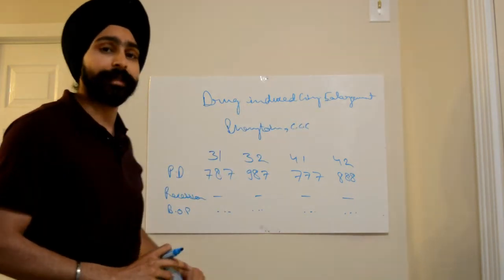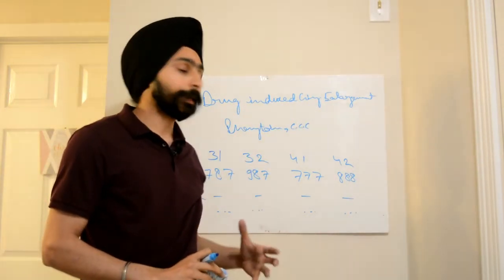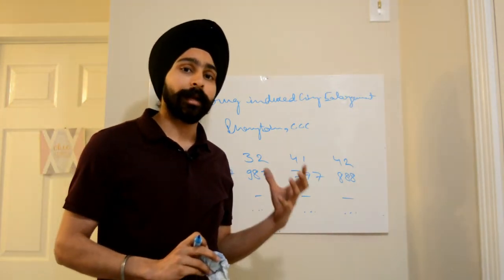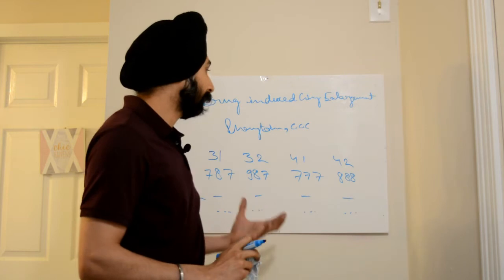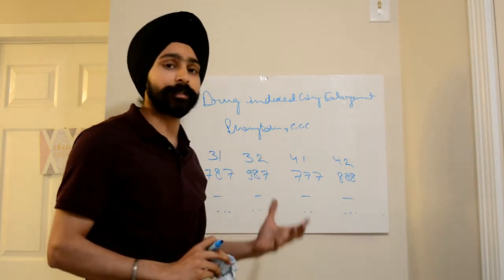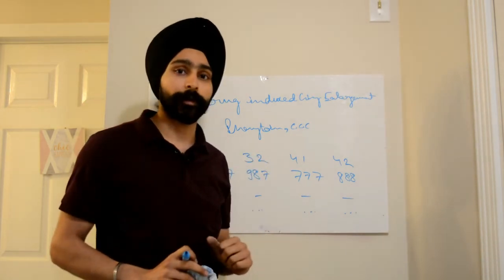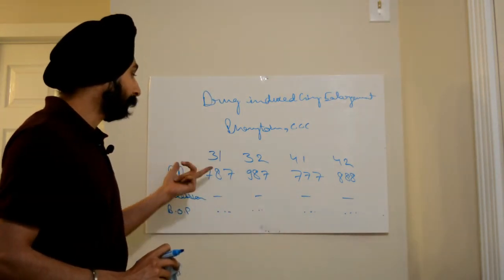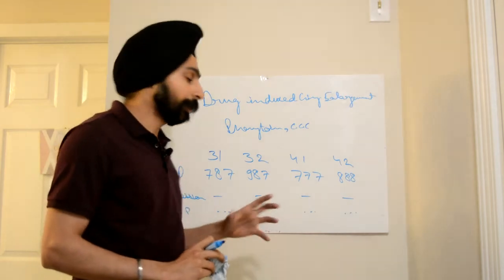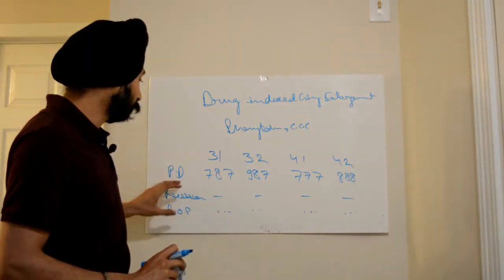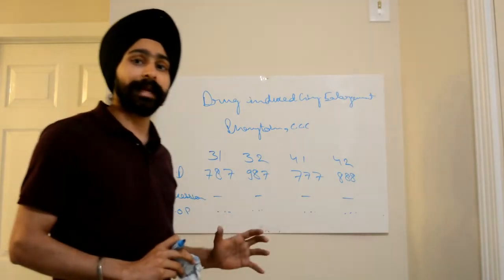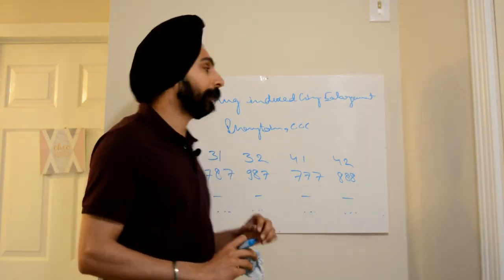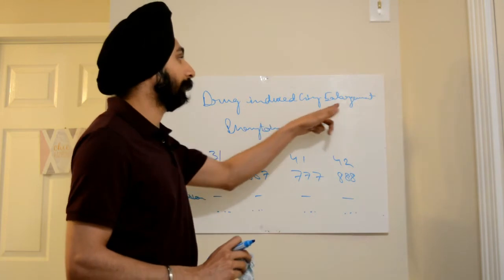But in case in the history it is given that since the patient has started taking his medicine for epilepsy, and in the medicine section it is given that the patient is taking phenytoin, in that case, since the history is related with the medicine and the perio chart shows you very deep pockets, the diagnosis will change completely, and the new diagnosis will be drug induced gingival enlargement.